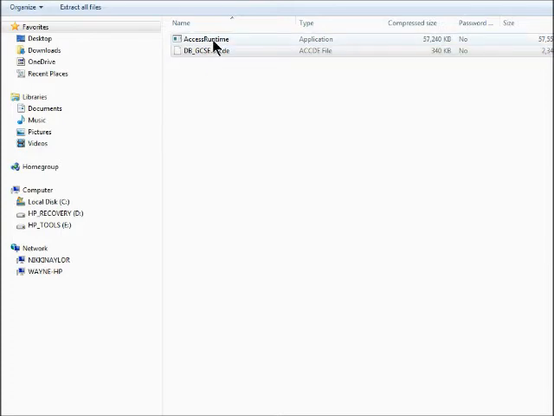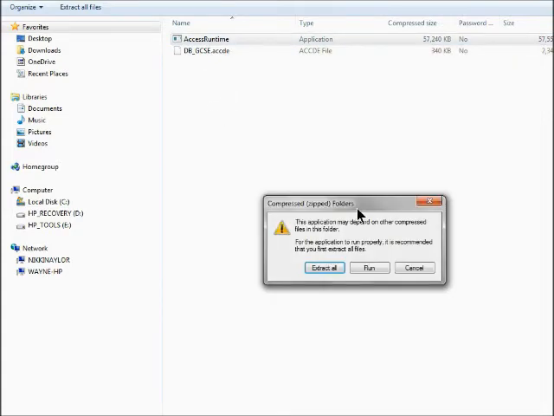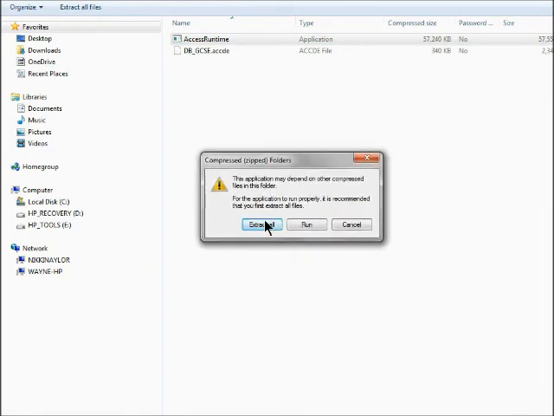Simple as that. You can go on the internet and go to Microsoft's own website and do a search on Access Runtime, and you can download it directly from Microsoft. But it's totally up to you. I trust me, so I'm going to click it, and this is what you get. Now it says extract all, run or cancel. Because I trust me, I'm going to click run,